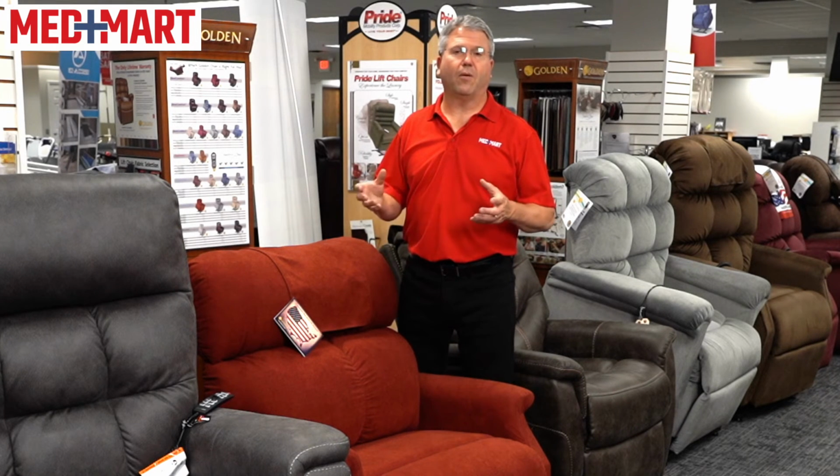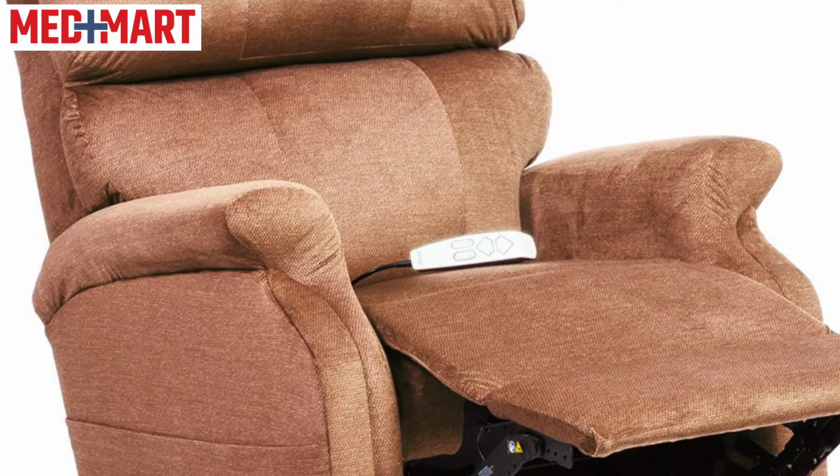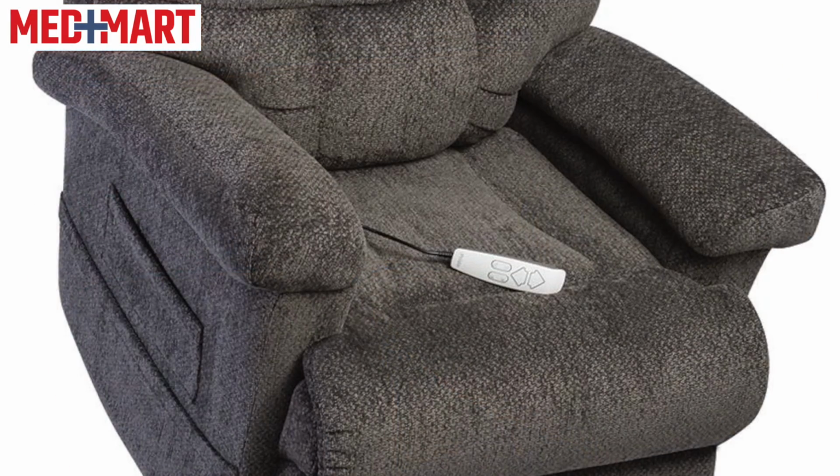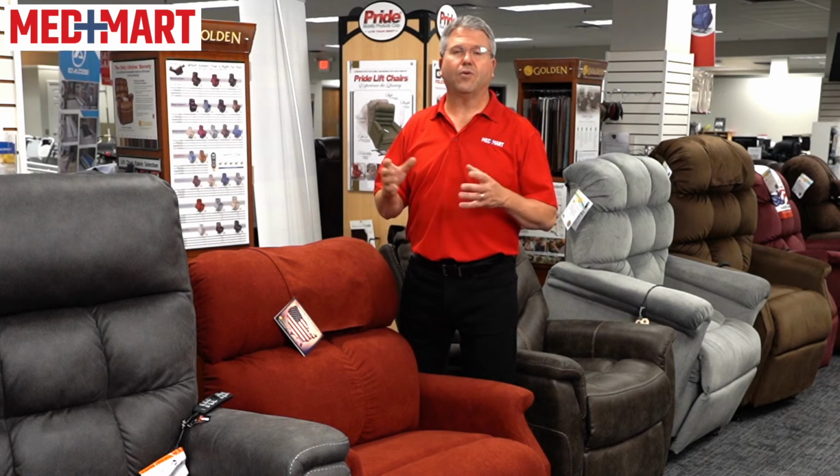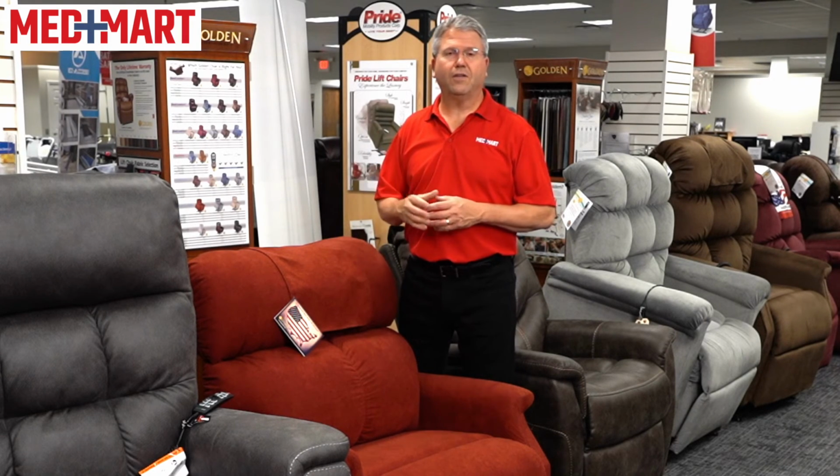using the chair has a problem with incontinence. So you do want to look at some specialty fabrics that most of the manufacturers make that make the chair pretty much as waterproof as they can. Just keep in mind that if you do order a custom fabric, it may take a longer lead time before